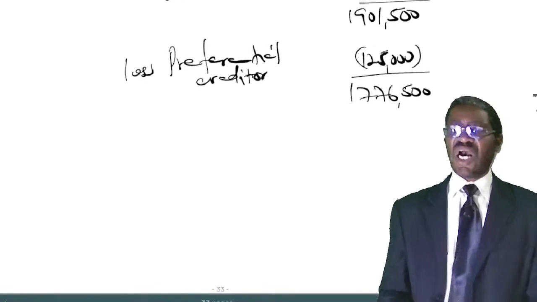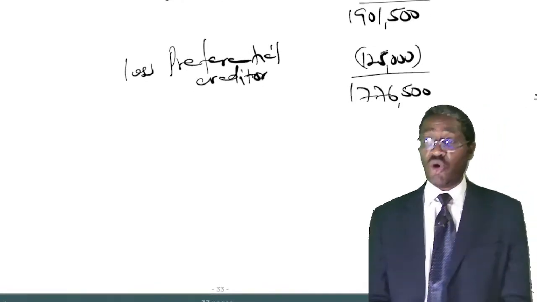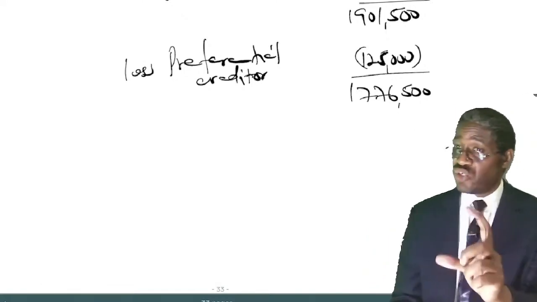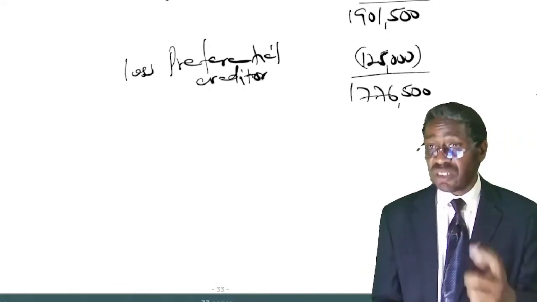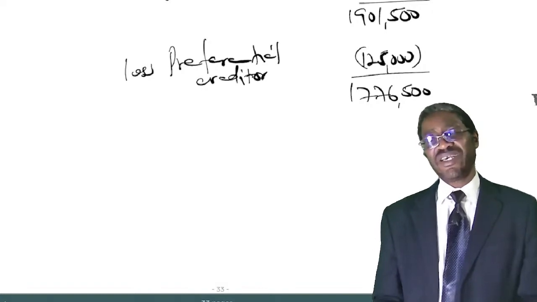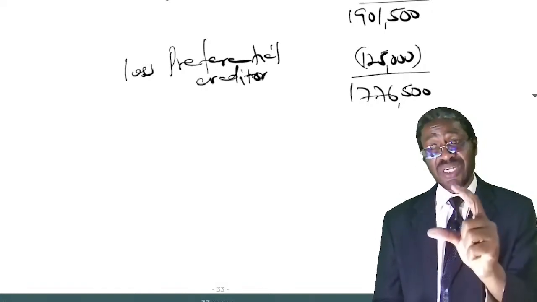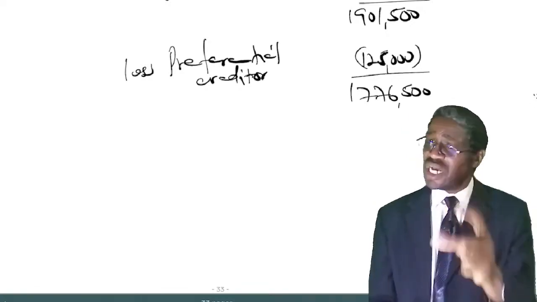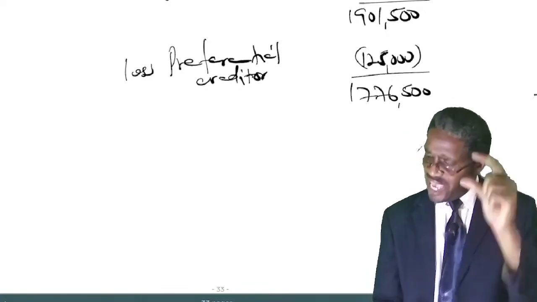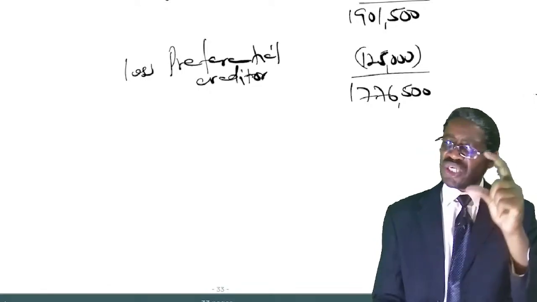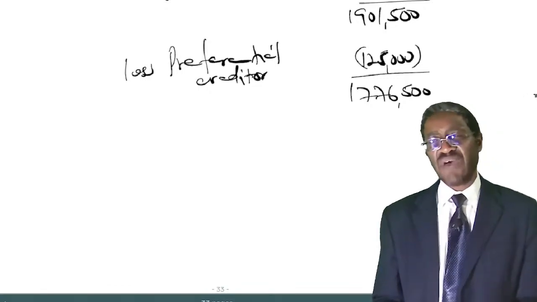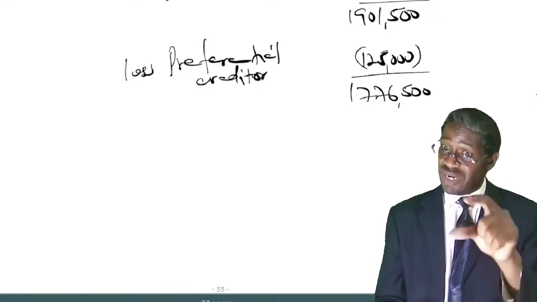1,776,500 after paying the preferential creditors. I hope you remember the next one. I told you the next liability to be paid will be the debentures. Listen, debentures on a floating charge, or in other words, any liability which is on a floating charge. This question did not have debentures on a floating charge, but I do remember,